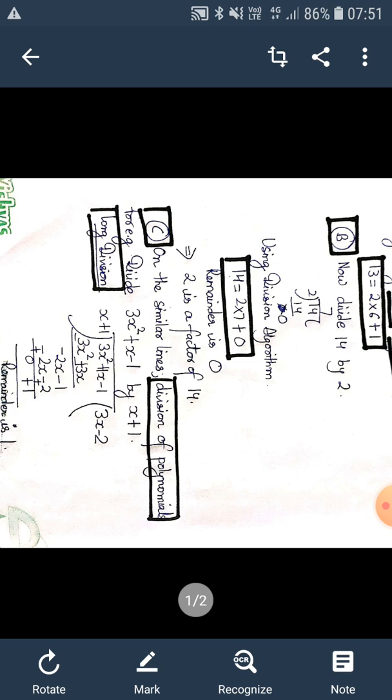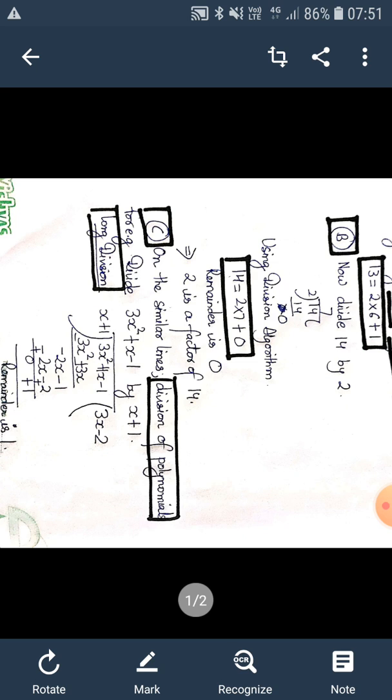So subtraction, 3x squared minus 3x squared is 0, minus 3x plus 1x gives us minus 2x, and the last term left is minus 1. So minus 2x minus 1. Again, by dividing minus 2x by x, we are getting minus 2. So multiplying it, minus 2 into x is minus 2x, and minus 2 into 1 is minus 2. As we can see, again by subtraction, the remainder is 1. Now we have done this question by long division.